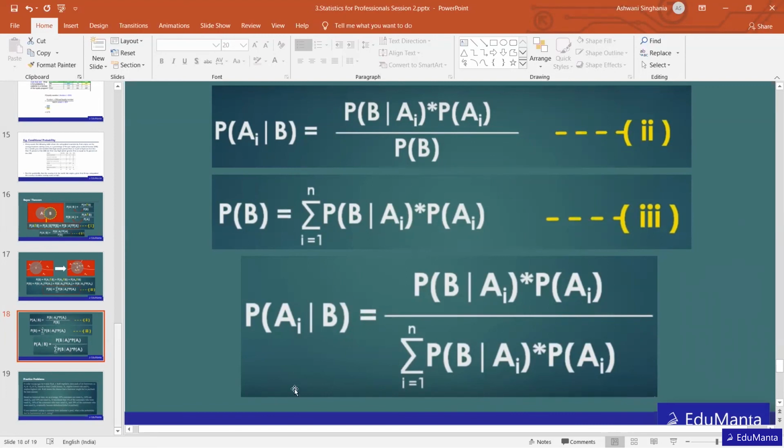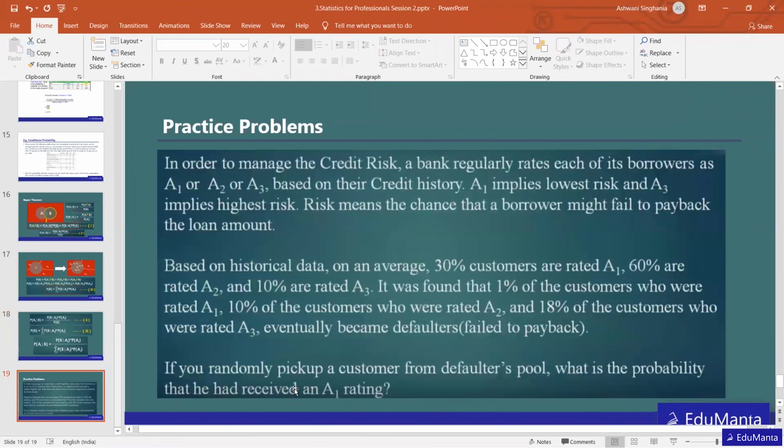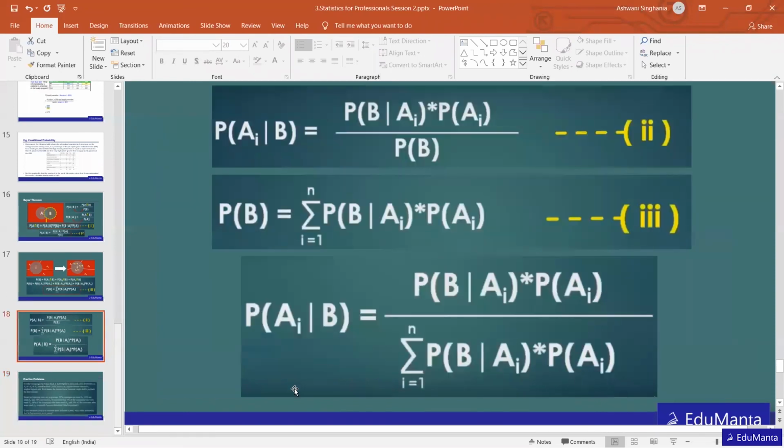Is there any problem in understanding this? Let me know. I will repeat the Bayes theorem once more. I hope it is clear to everyone. You just find the answer by tomorrow. We will discuss briefly tomorrow about this, and I will solve it also. If you want, you can keep a screenshot of this question so that you can try and solve it, and you can also keep a screenshot of the formula. I hope it is clear to everyone.